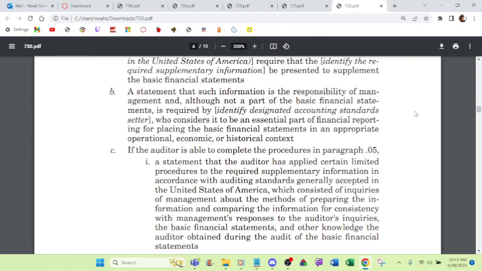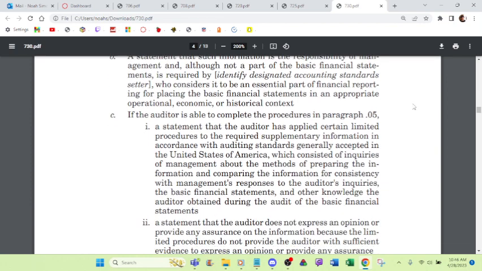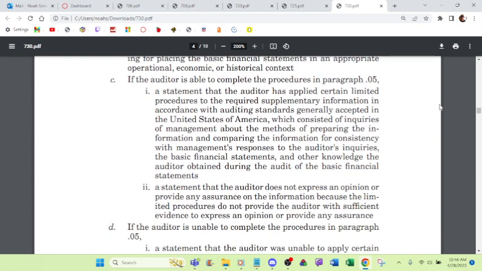A statement that such information is the responsibility of management and, although not a part of the basic financial statements, is required by the designated accounting standards setter, who considers it to be an essential part of financial reporting for placing the basic financial statements in an appropriate operational, economic, or historical context. If the auditor is able to complete the procedures in paragraph 5, a statement that the auditor has applied certain limited procedures to the